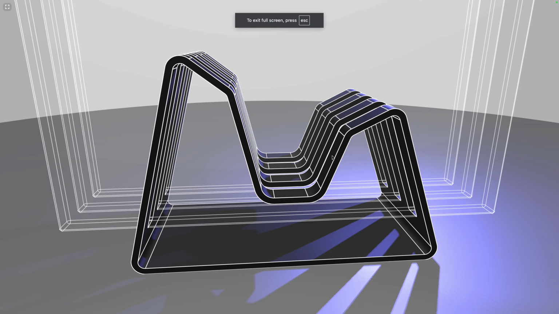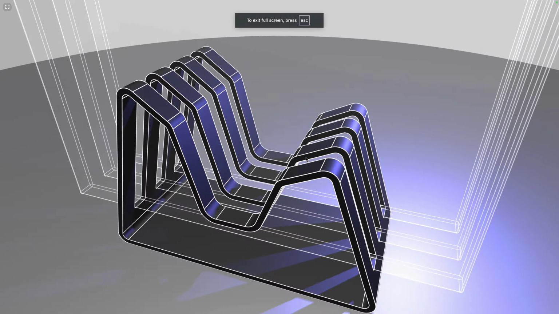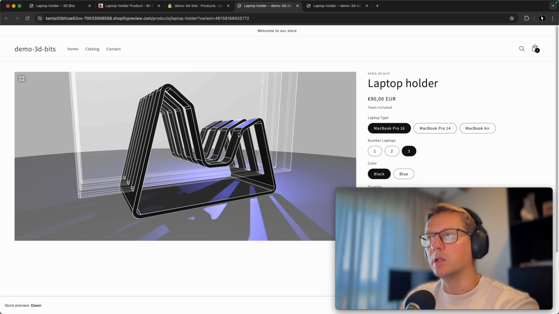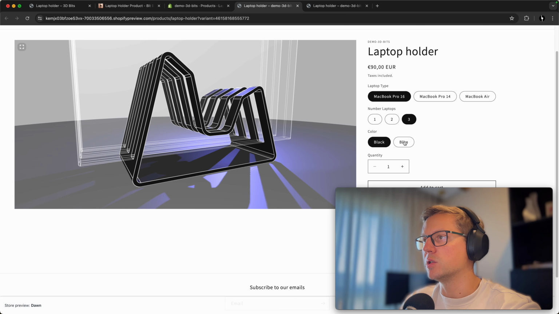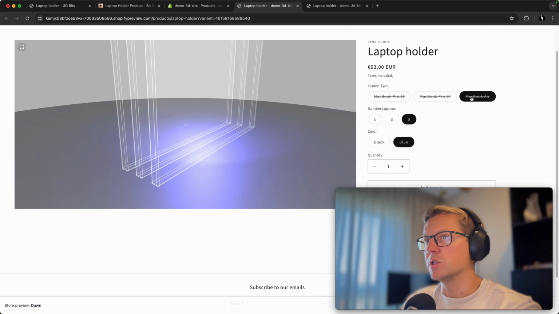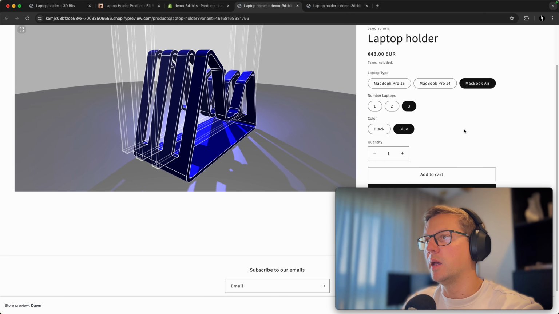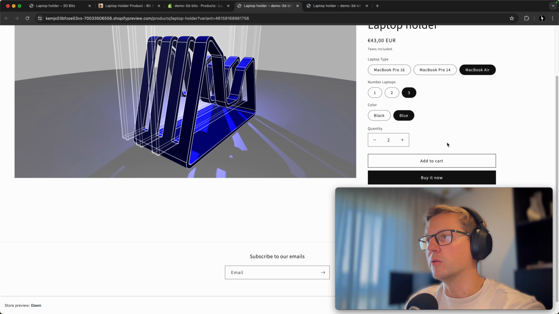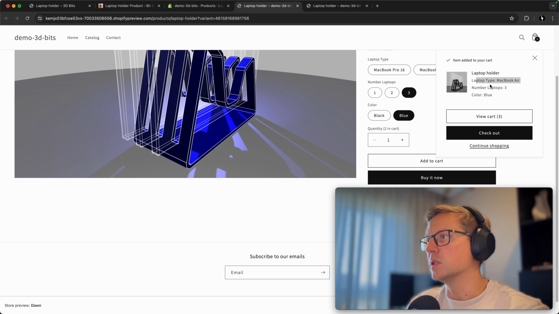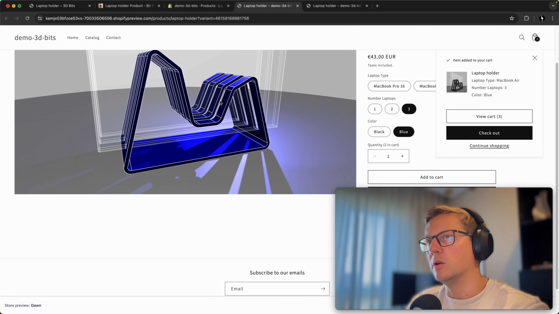You can enter full screen, inspect your model, that's quite nice. And you can exit full screen, come back to this page. You can change the color and it adapts. You can also change your laptop, and you can, of course, add it to cart. So this is it, you have configured it. This is the way it will be reflected to you as a merchant, and your customer will be hopefully really